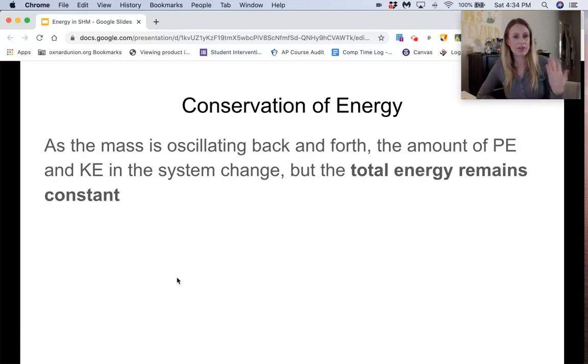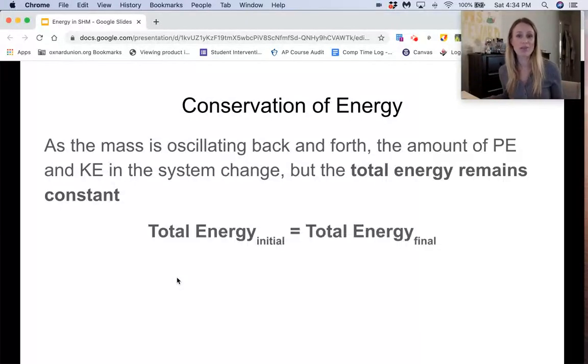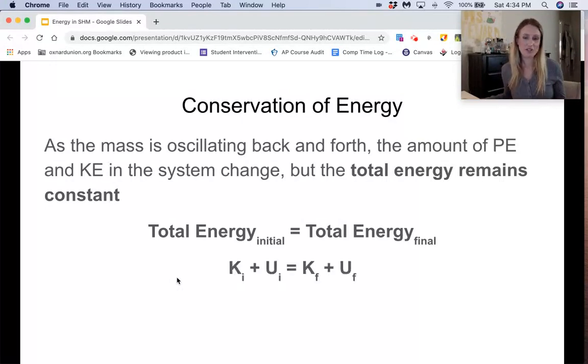Now, like I said before, as the mass is oscillating back and forth, the amount of potential energy and kinetic energy in the system change, but the total energy remains constant. So if you recall from our conservation of energy unit, we had total energy initial equals total energy final. And if we plug in our initial kinetic plus potential energy, that's going to equal our final kinetic plus potential